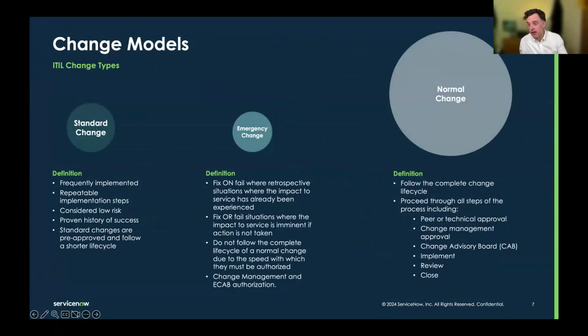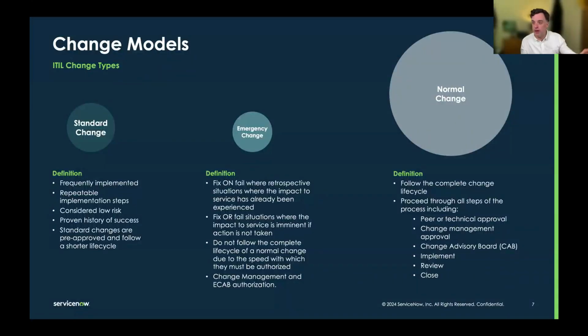So we all know the ITIL change types, right? I'm not going to dwell on this slide too much, but for those of you who may not, we've got standard change, and standard changes are the repeatable changes which are low risk. We define them in advance, and then we let teams do them with very little supervision, with no approval. Sometimes a little approval fits in there, but generally, and kind of dogmatically speaking, no approval is needed for a standard change.